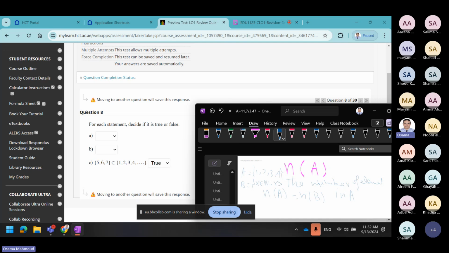X greater than or equal to 1 and less than or equal to 4, because this is the same number, right? Add this one. So A is equal to B. But if I have C is X, Y, Z, W, the number of elements in C is 4. The number of elements in A is also 4. So in this case, I'm saying A is equivalent to